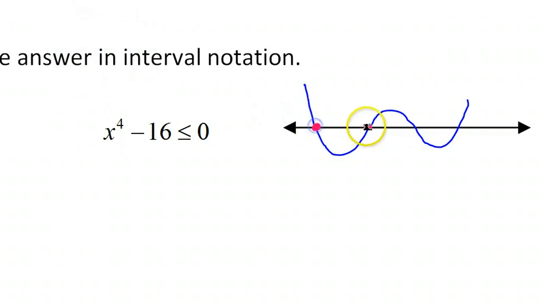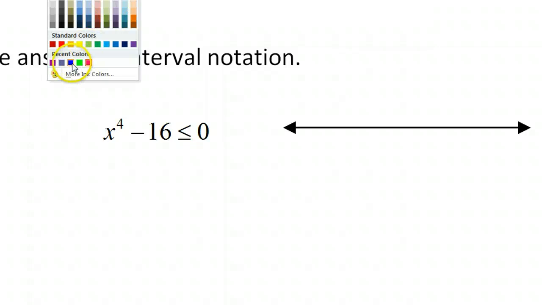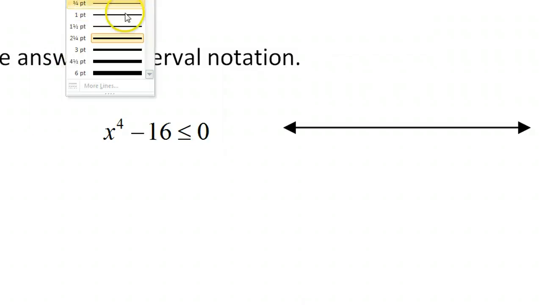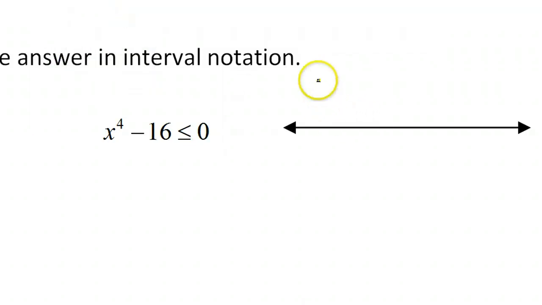Okay, so this would be where this particular function is equal to 0, and then it would be below 0, underneath the x-axis. So in this case, it would look like this. However, it doesn't always work that way when you have a fourth degree polynomial, a quartic, because sometimes it does